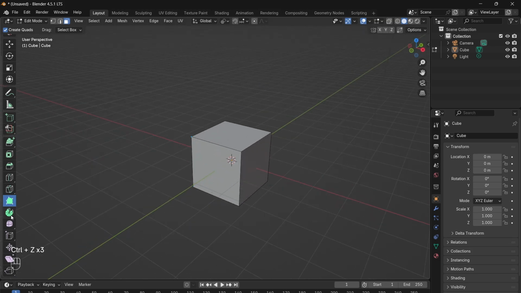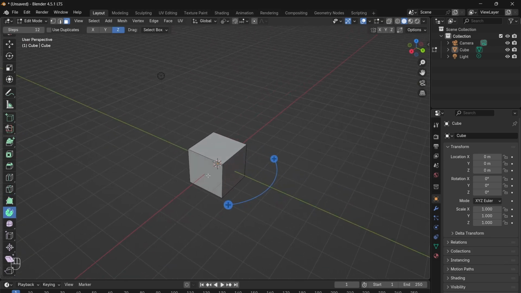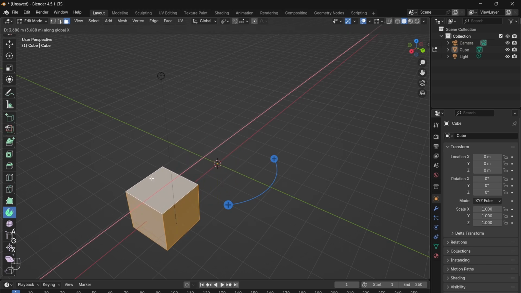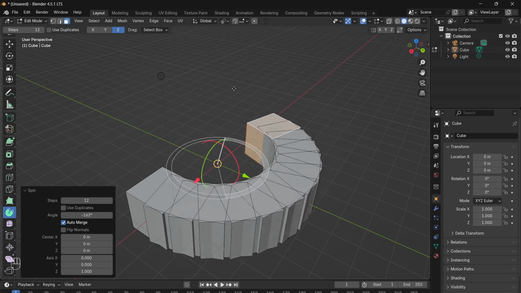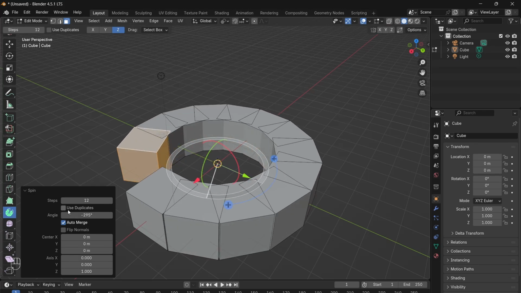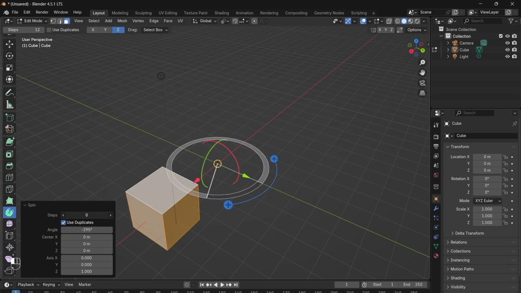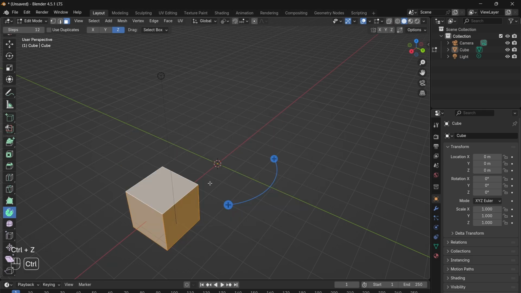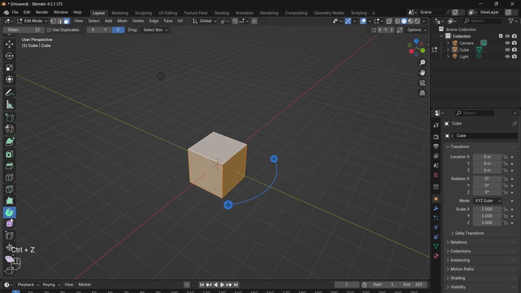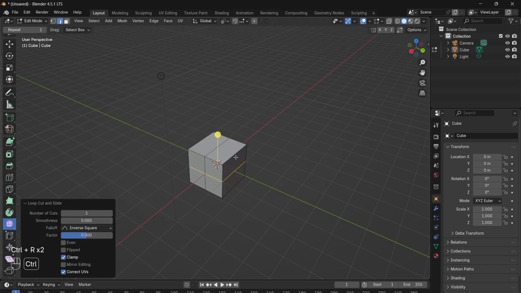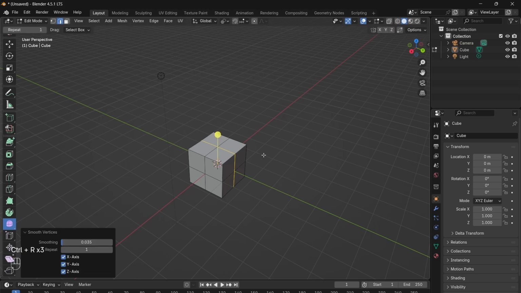The spin tool allows you to spin geometry around the cursor, so make sure to zoom out a little for better control. Next up, smooth. This tool smooths out rough geometry or exaggerates it. If you want the opposite effect,